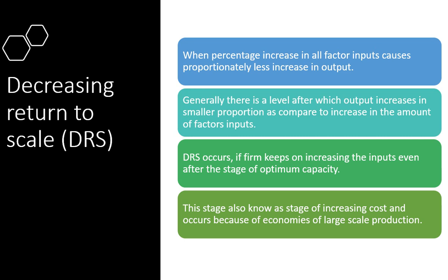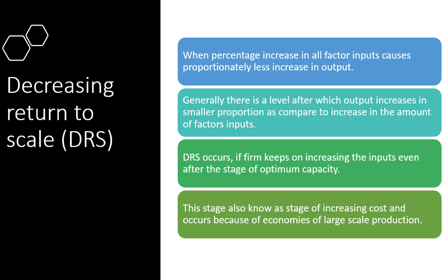In our today lecture, we are going to discuss the third law of return to scale, and that is called decreasing return to scale, or DRS. And we have another name for it, and that is called increasing cost. Simply, we can discuss what is meant by decreasing return to scale. When you hire an extra number of laborers and every extra labor gives you less production as compared to the previous labor,